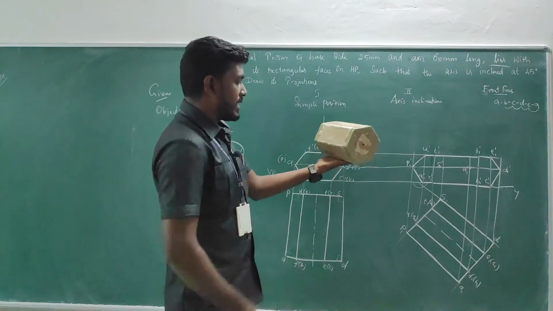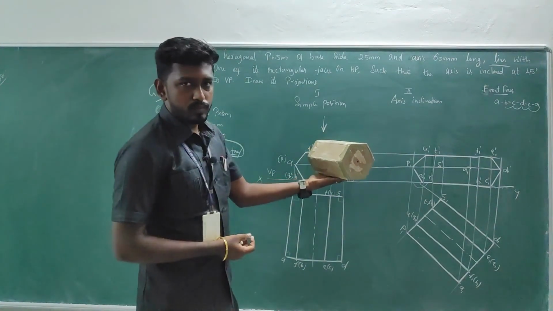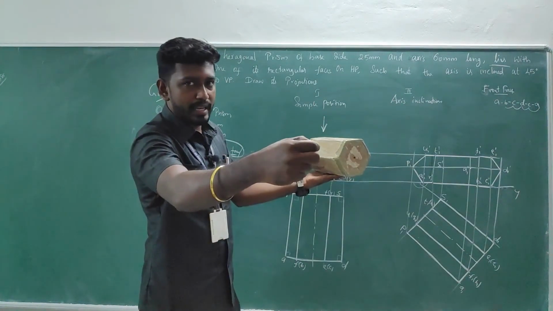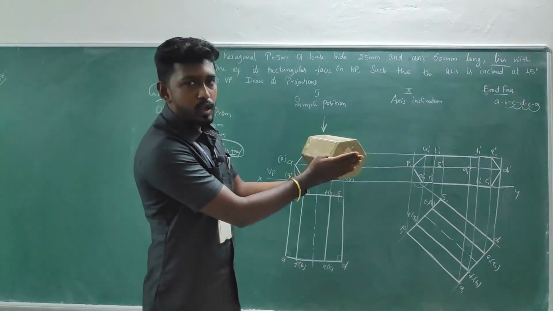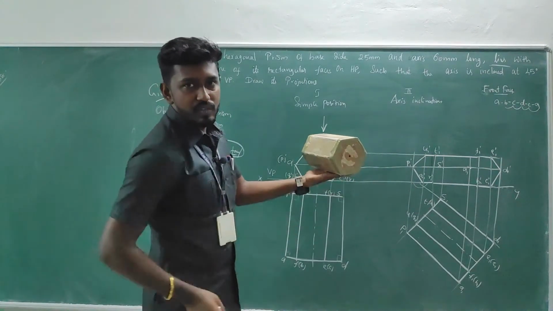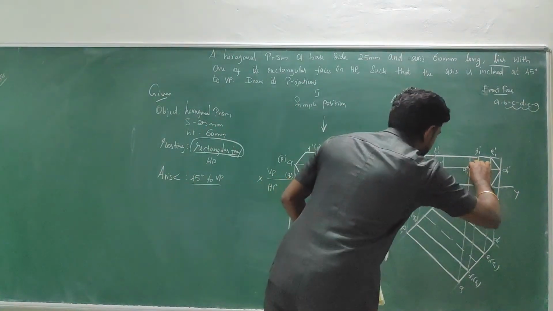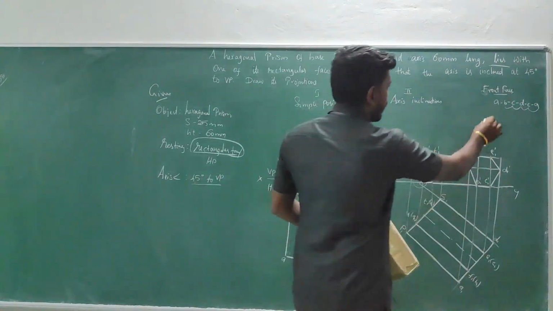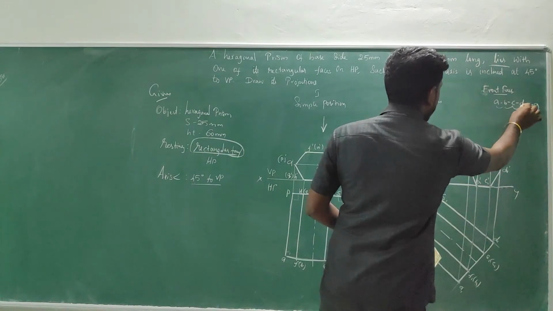The object is being kept something like this. From the front view, it is inclined to VP. When you are looking at 90 degrees to the view, what happens? Definitely the front face will be visible to you. Am I right? So don't want any confusion. A to B and B to F as well a dotted line. So do the connection. Here you will have, I have missed, F will be there.